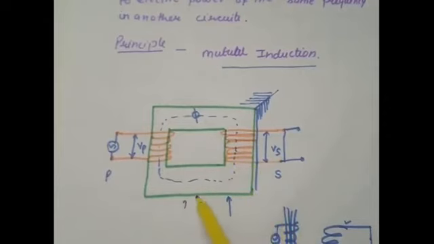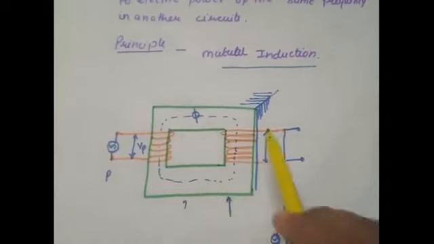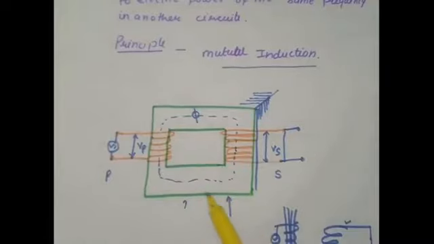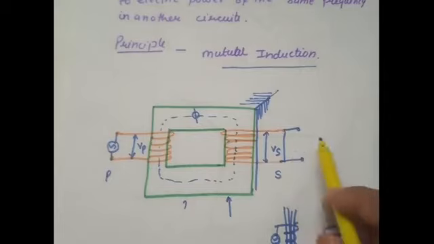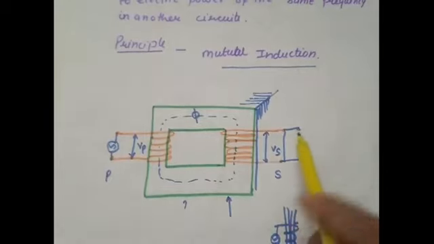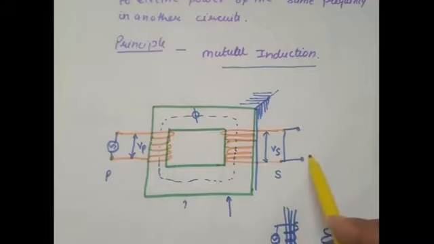That has its own derivation, but that is not required at your level. You will have to understand that this is the basic working of a transformer. So this is how we are getting our output here. Whether we want to transmit this or make a load here that will run on this, that can be done.